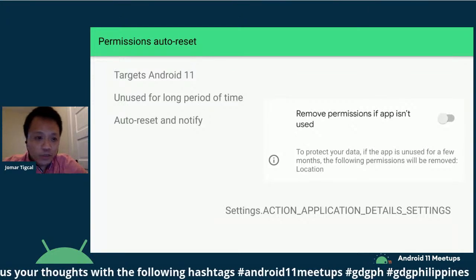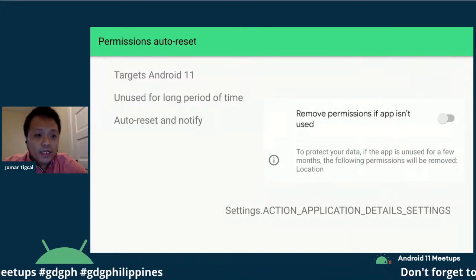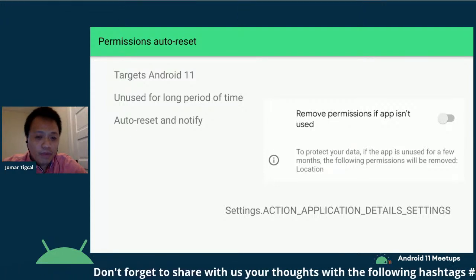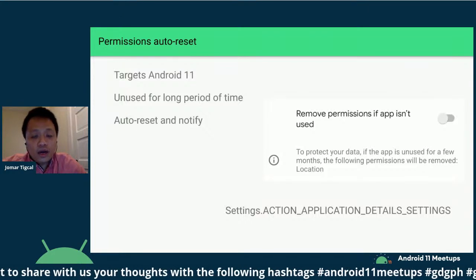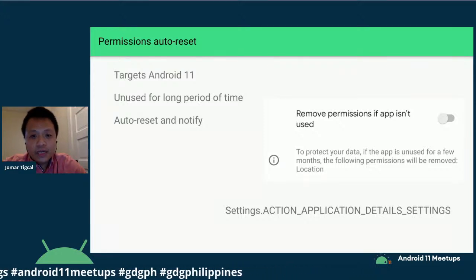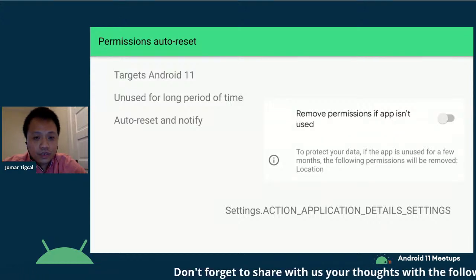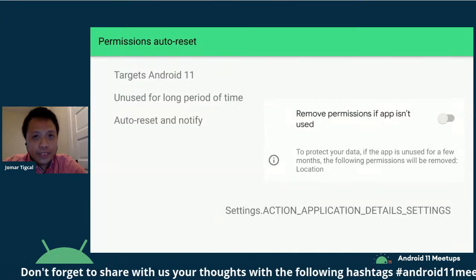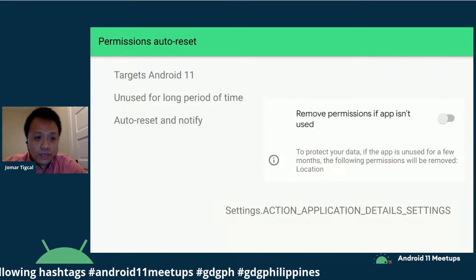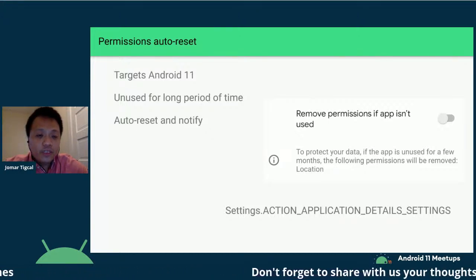Speaking of permissions, we have more. When your app is running on Android 11 and is unused for a certain period of time, probably months or so, Android 11 can remove the granted permission, so you would have to request it again. Of course, when they reset this permission, you're going to be notified that your app has been removed of this permission.